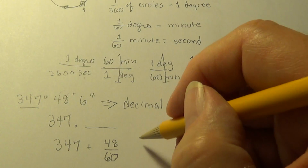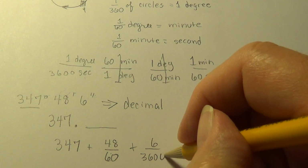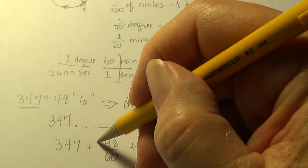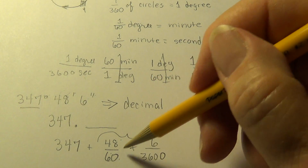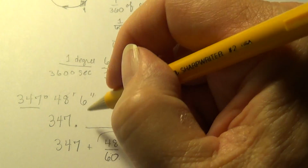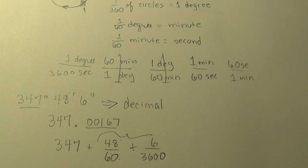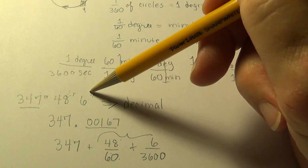So we can write 6 over 3600. So the whole part is right here. Now all we need is the fractional part. If you put that in your calculator, 48 divided by 60 plus 6 divided by 3600, you will get 0.00167. So that is how you take a form of degrees, minutes, and seconds, and change